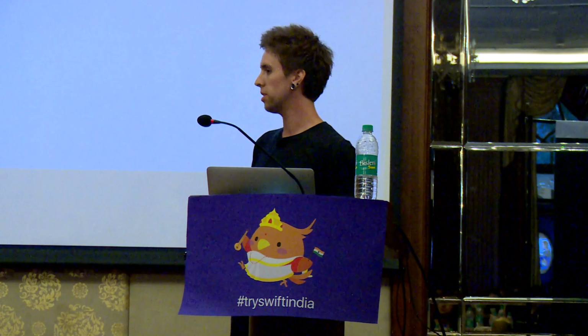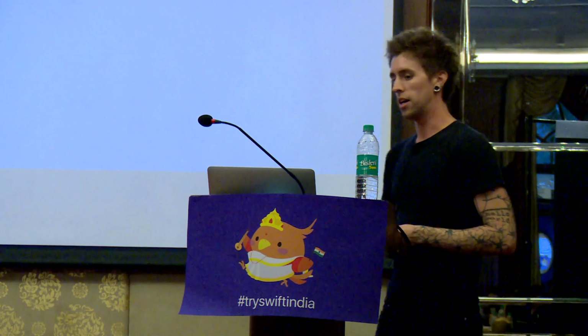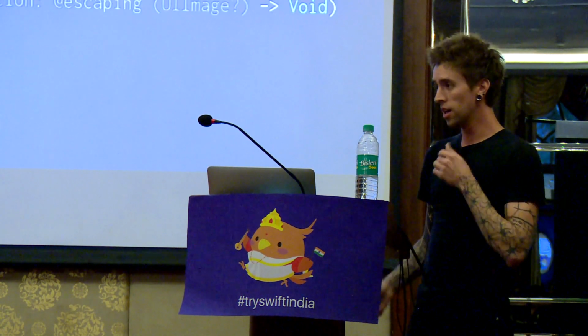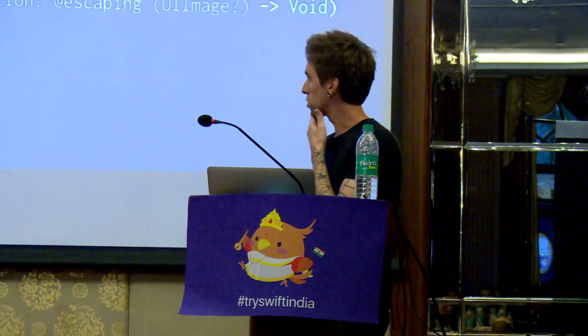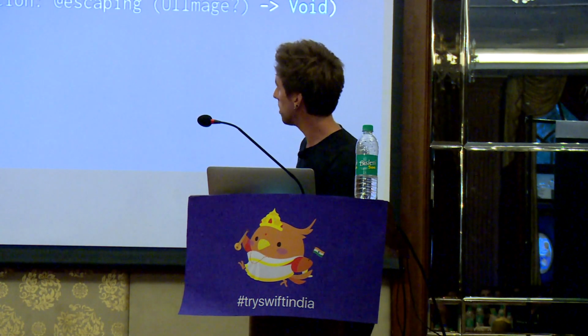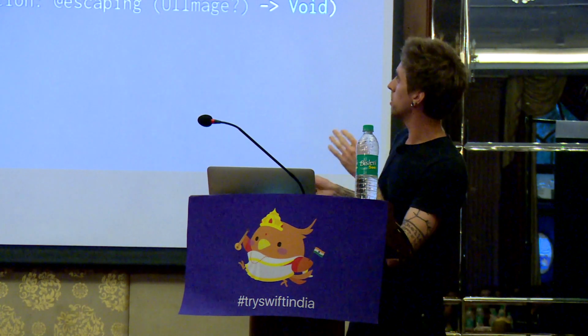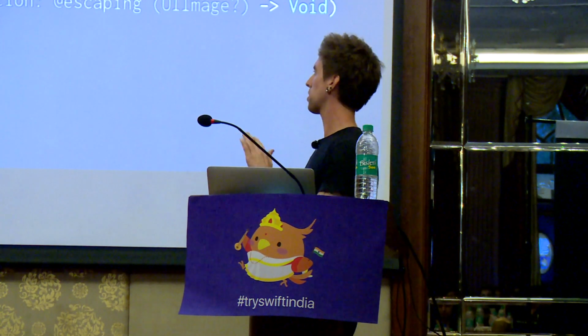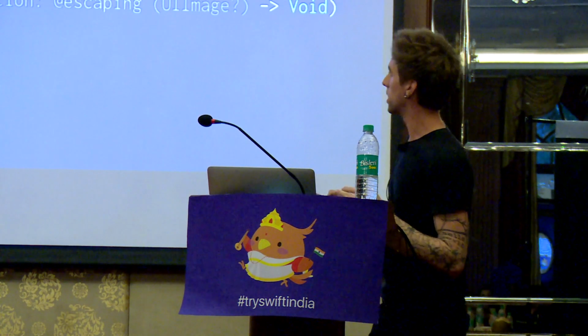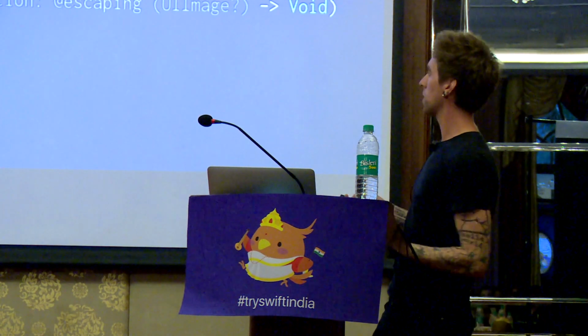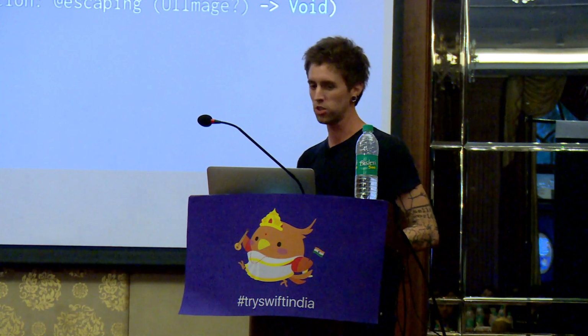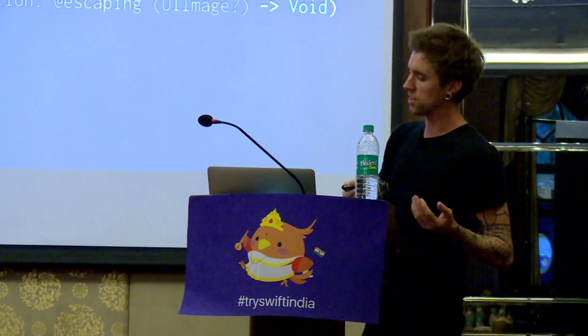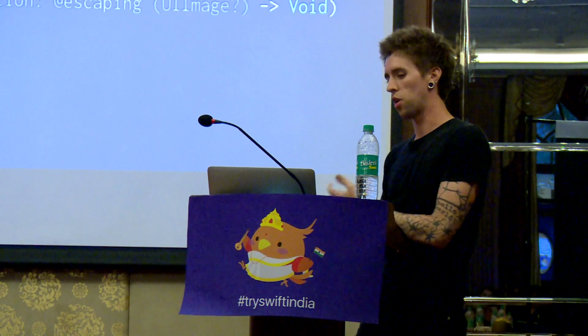The single responsibility principle says that any type you create should only have one reason to change. Whether that's a class, a view controller, or a struct, anything that you're writing, you should focus on having a single responsibility. So we could write things like this: an image downloader class that's caching stuff in memory, managing files, and also doing networking. You could have some function like this that's just, give me this image. So it's opaque, but really this thing is doing all these different things. It's also hard-coded to